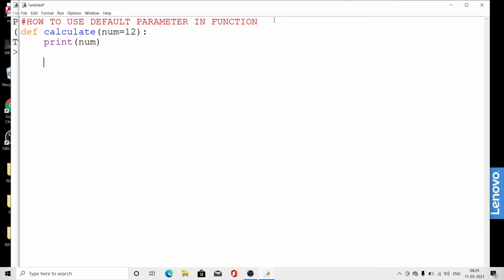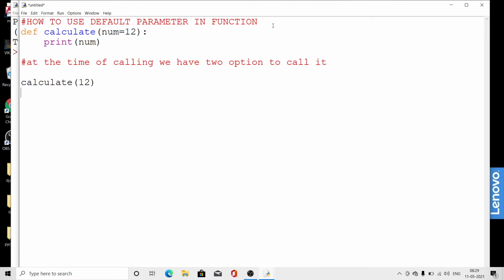And at the time of calling, we have two options to call it. We all know that if we are calling it, we need to pass some value to calculate, because it is a parameterized function, we need to pass a parameter.